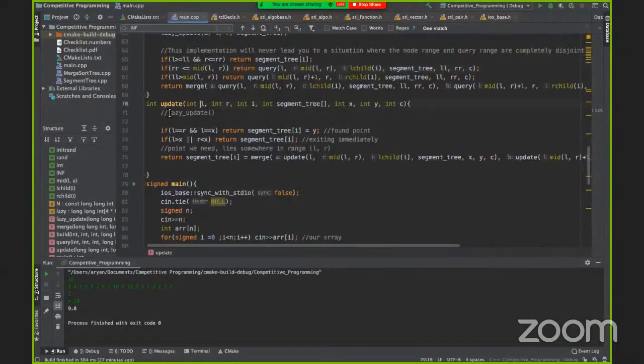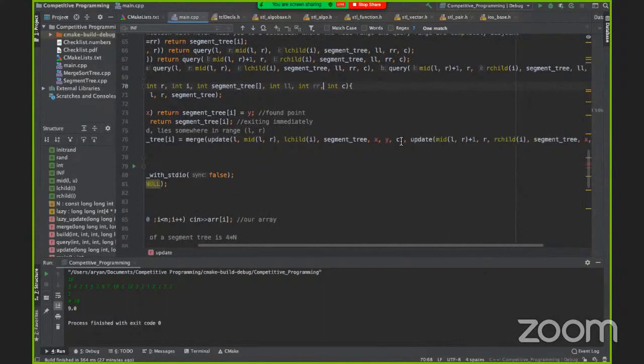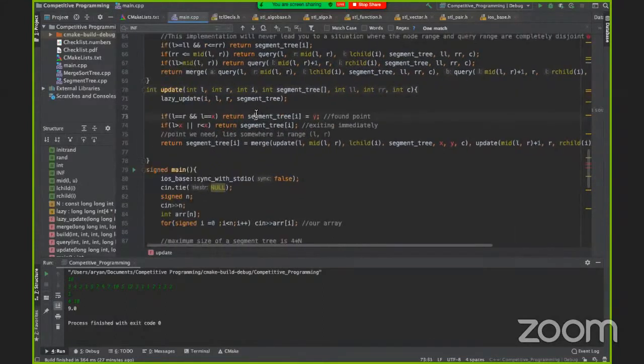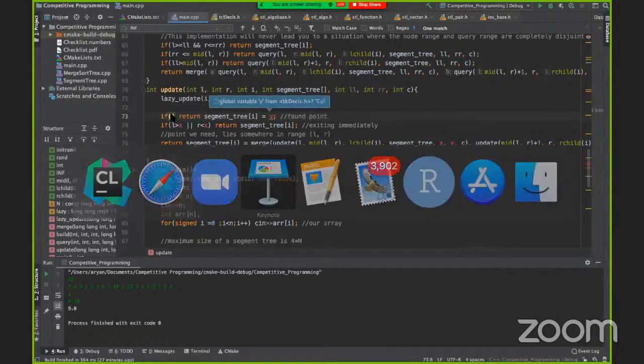Now let's look at what we need to add to update. First thing we need to do is the same thing as earlier, the lazy update with i, l, r, segment tree. But this will change: now instead of x, you'll have LL and RR, a range update, right? And you won't need a value y. Some work's required, but let's look back at the lazy conditions.